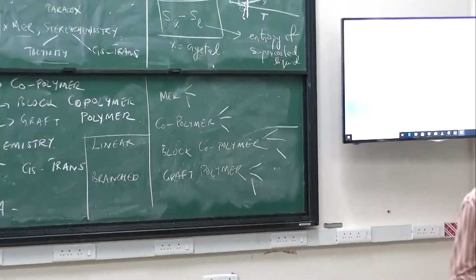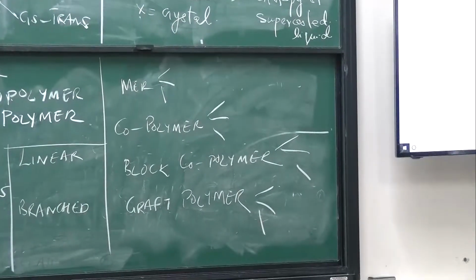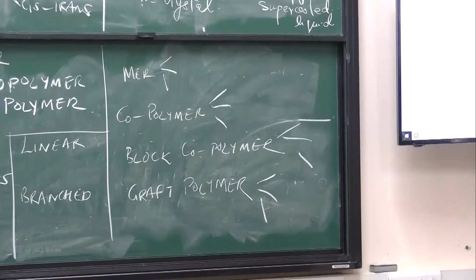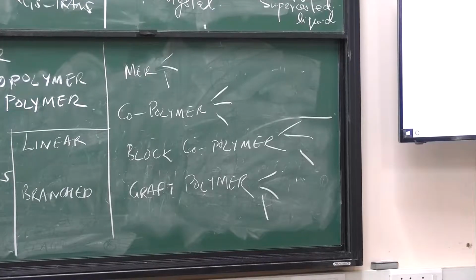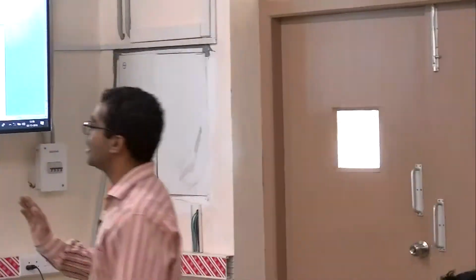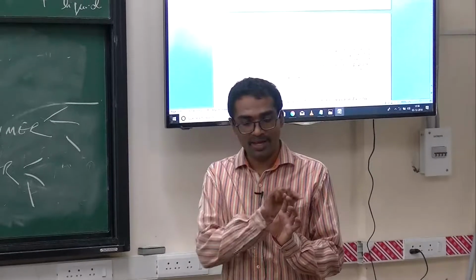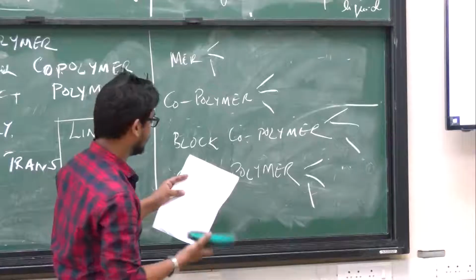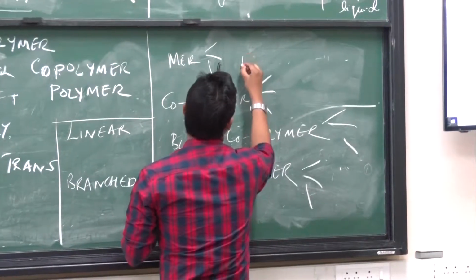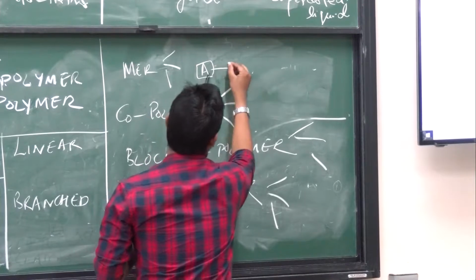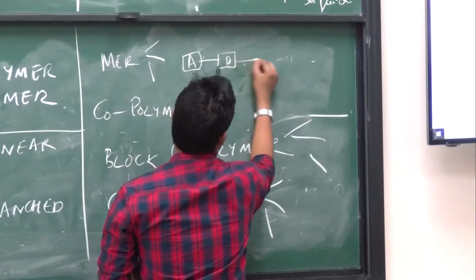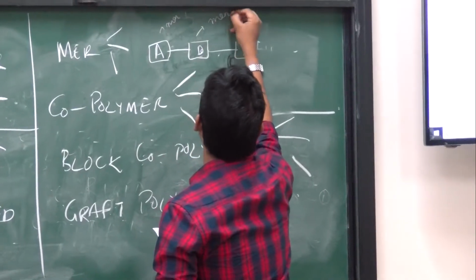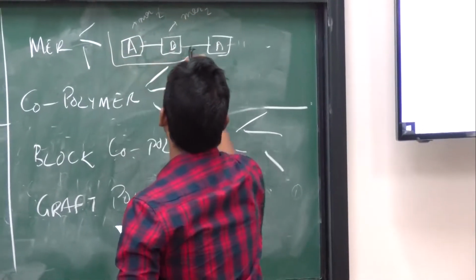Mer is a unit, just a unit, a chemical moiety. Okay. So is it exactly same as monomer? Need not be, because your monomer could be a combination of mers. So you have mer 1, mer 2 and that is basically repeated, in which case this becomes the monomer. Can you just draw it and show it? So here A stands for mer, so you have mer 1, mer 2 and so your AB basically becomes the monomer.